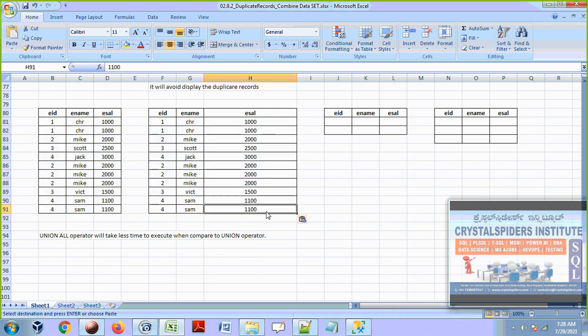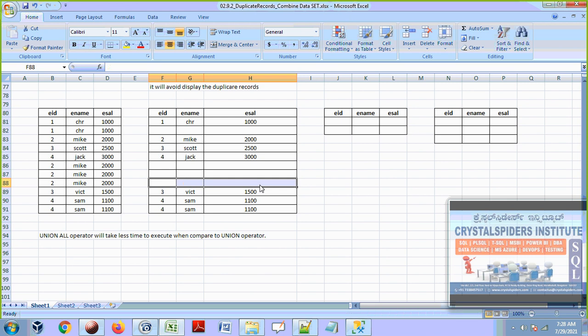But additionally, once the combining is done, the union operator looks for repeated records. If a record is repeated twice, remove one occurrence and keep one copy of the record. 2 Mic 2000, how many times is it there, guys? It came twice here, and also here one more time.